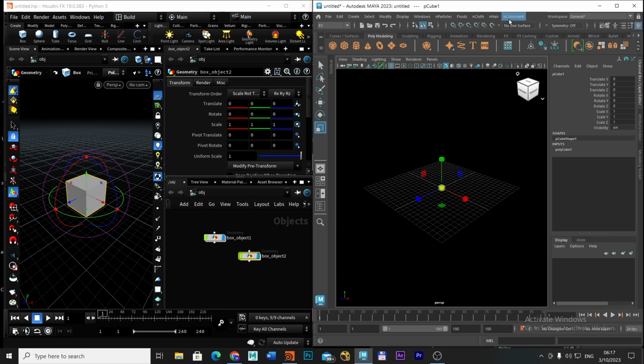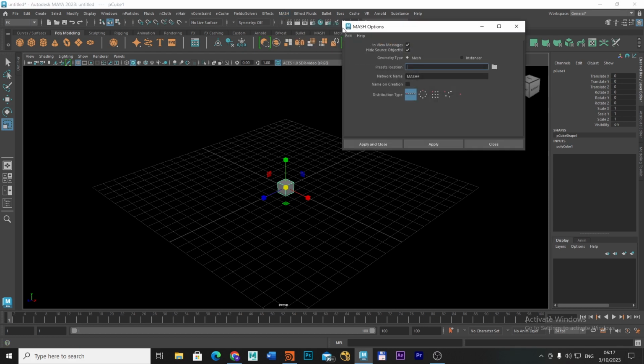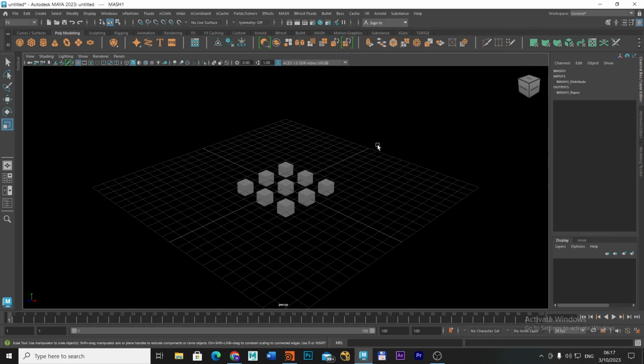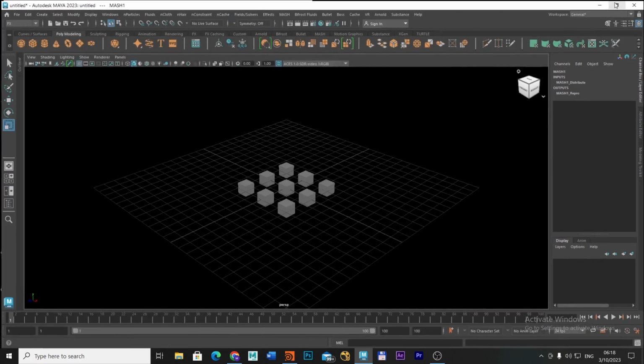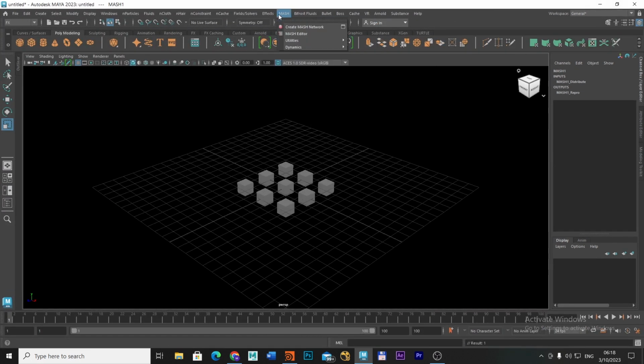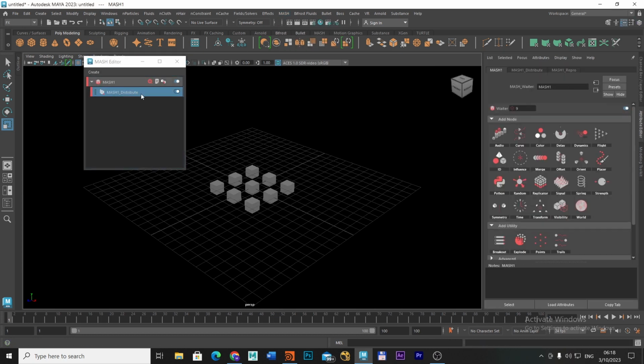In Maya, let's go to Mesh. Create mesh network. Let's choose a grid type and apply and close. By default, we have 3 cubes. Select Open Mesh Editor